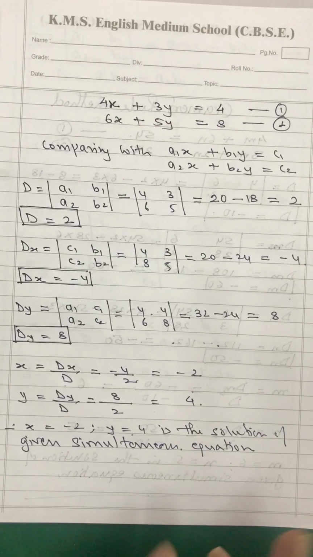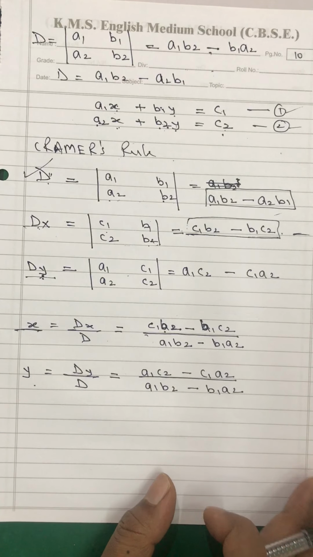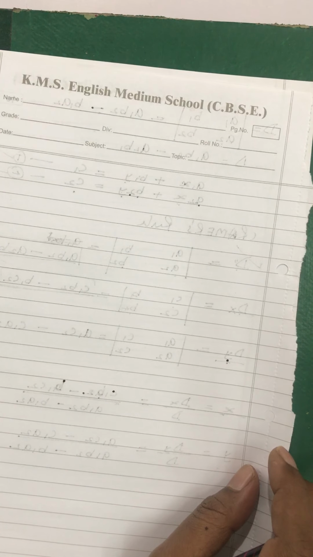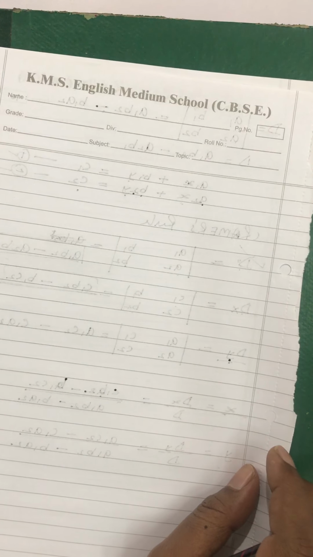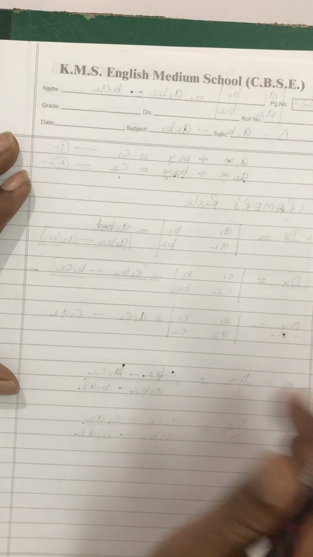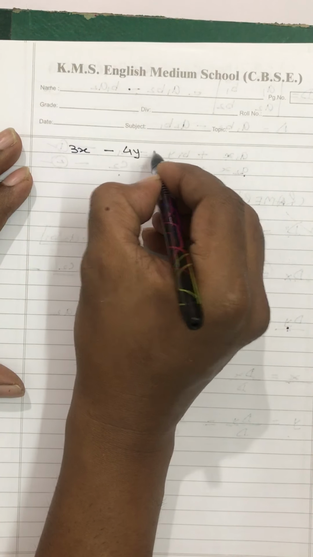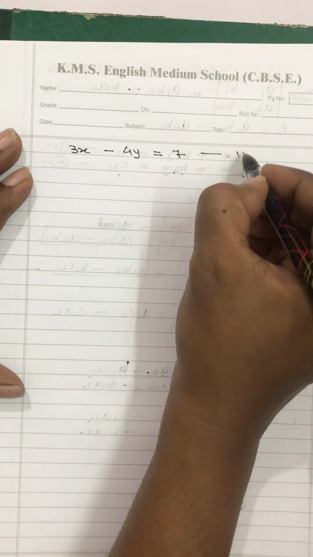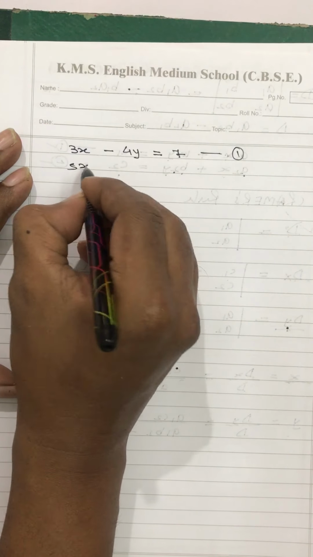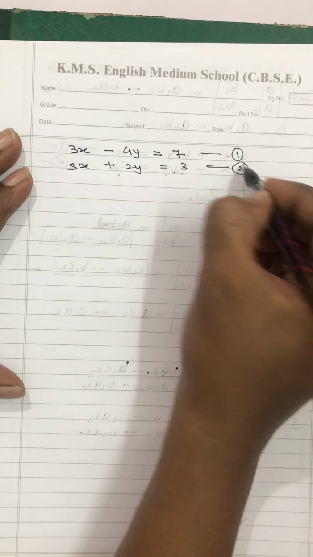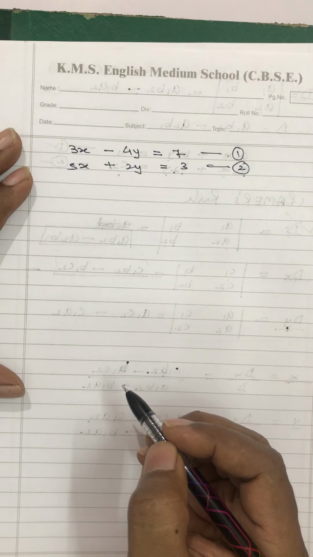Fine. So likewise, my dear students, you have to solve these questions also. I hope I am very clear with this, and it's not at all difficult. One more question, I hope that has got positive signs in it. Yes, it has. Not really very difficult as such, but still. See, here we will get 3x minus 4y is equal to 7 is going to be our first equation. Second is 5x plus 2y is equal to 3 is your second equation. Fine.